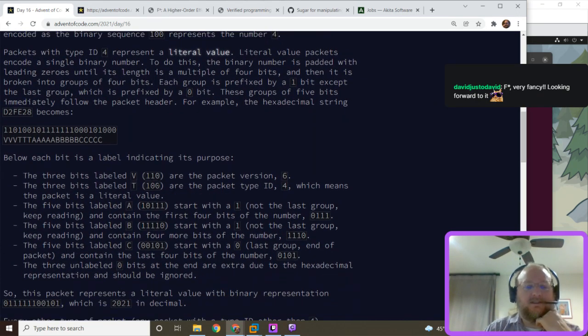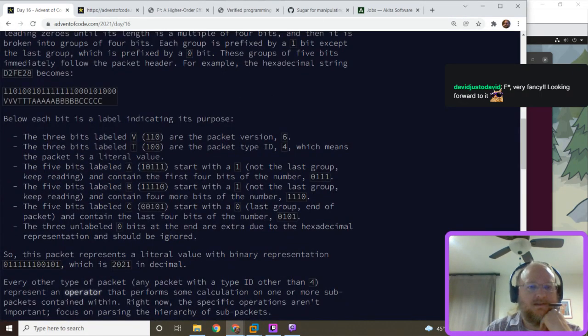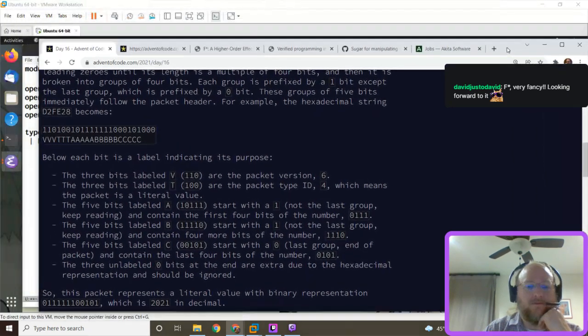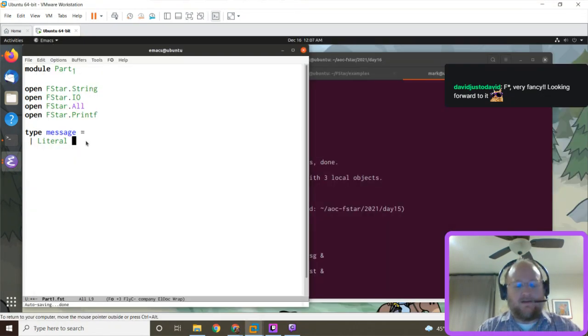It's a version, type ID. Okay, so we've got a version, that's a natural number,